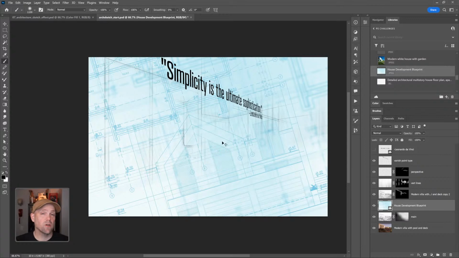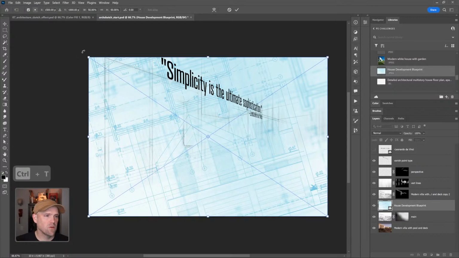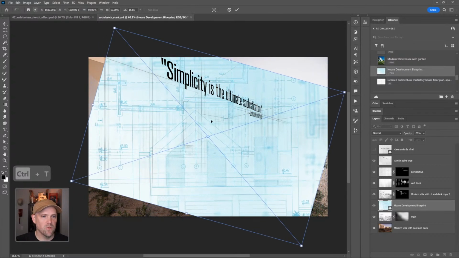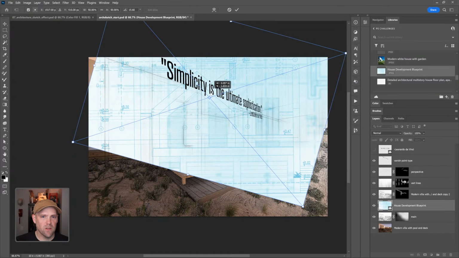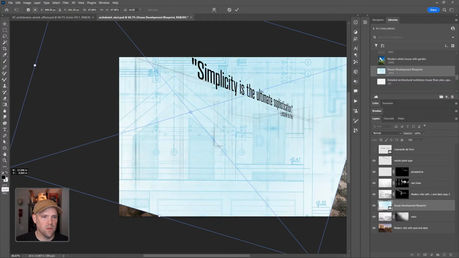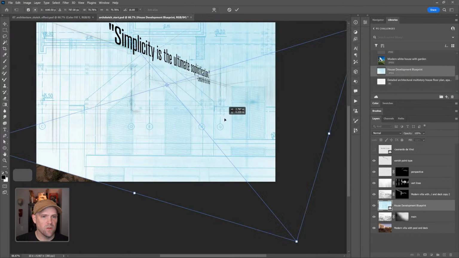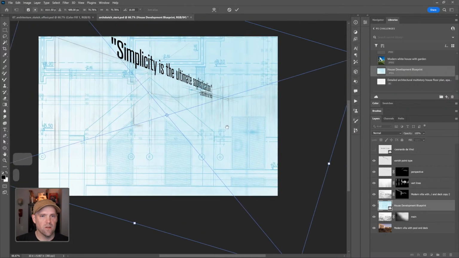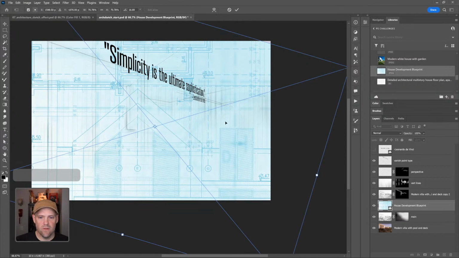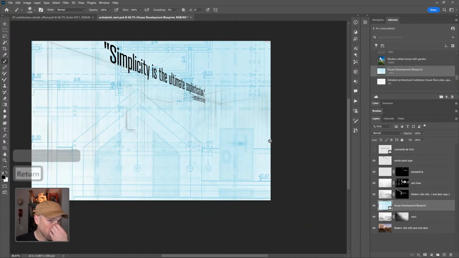I'm going to press Control T to get to the transform tools options. And I'm going to rotate this, use one of these lines in here to make sure it's somewhat horizontal, sorry. And then I'm going to scale it up really big. Probably too big, but that's okay. Finding an area I like on this, I'm going to hit enter. And then I'm going to